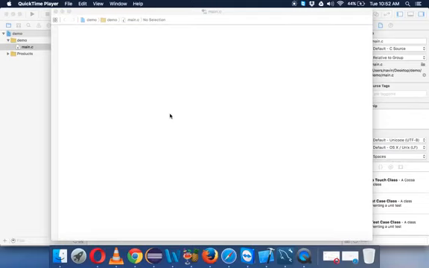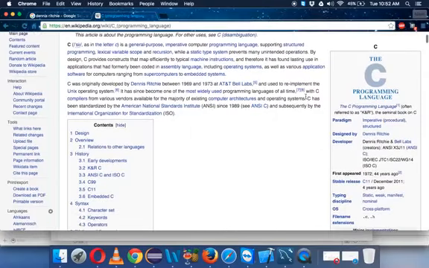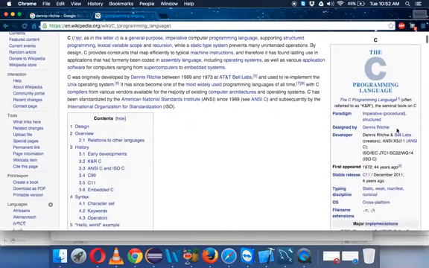Hello everyone. From today we'll start with C programming. So when you talk about C programming, C is a programming language that has been around for 44 years, and it was created by a person called Dennis Ritchie. So this guy here. And if you see the Wikipedia page for C programming, it says it is designed